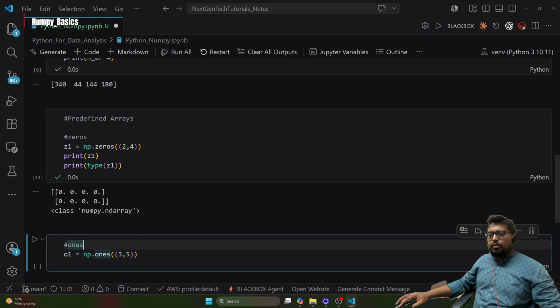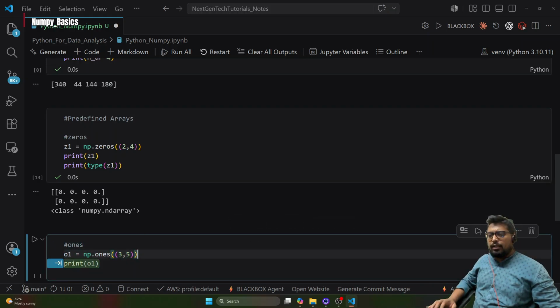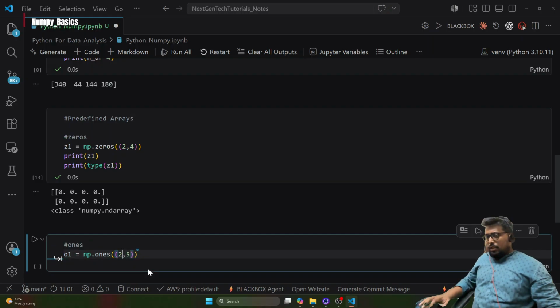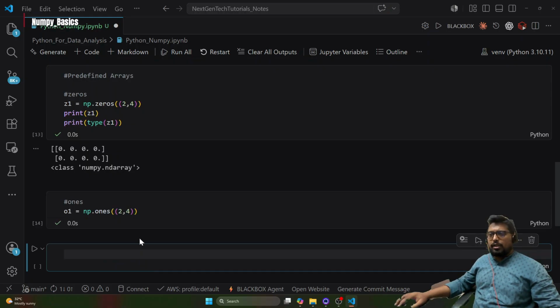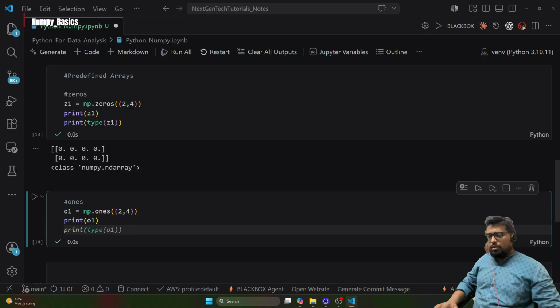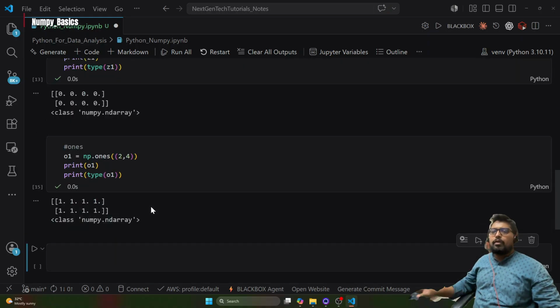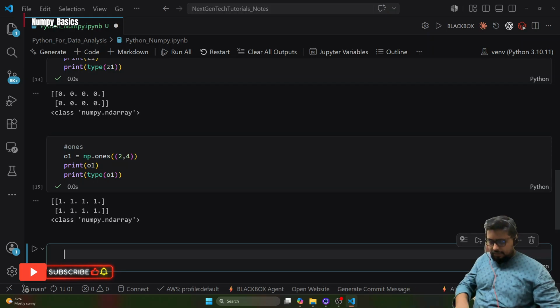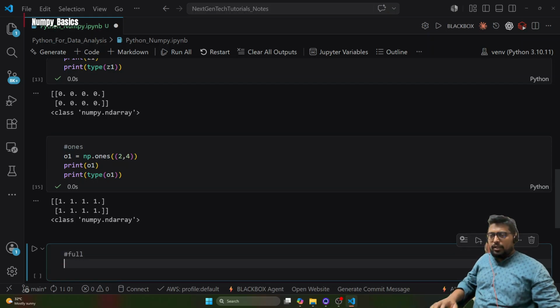Let's say I'm going to keep it till, oh sorry, I also have to print it, so you can see that all are created with one. Okay, we have four elements in a two-dimensional array. Now the next thing that we have is called full. What is full? Basically, full is something, let's say I'm gonna name it f1,